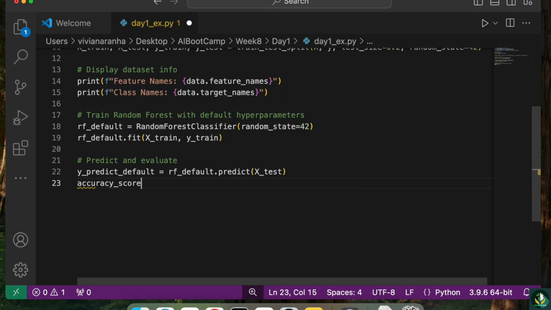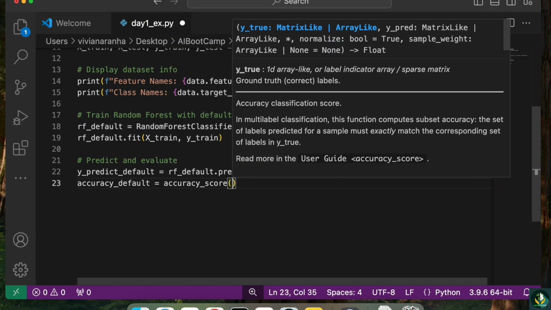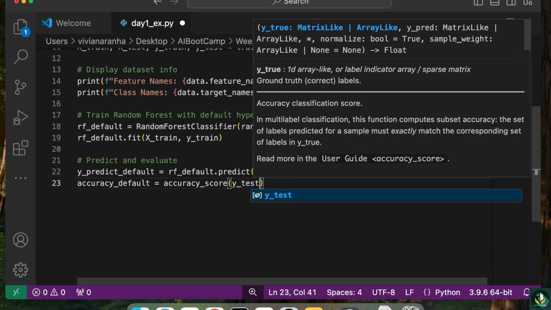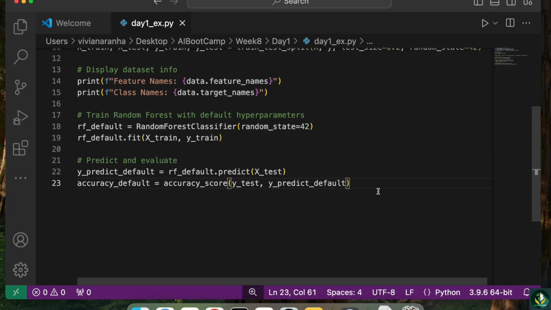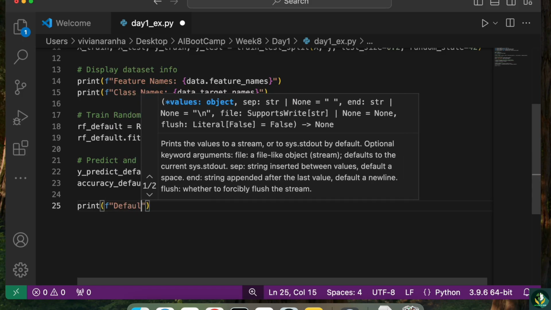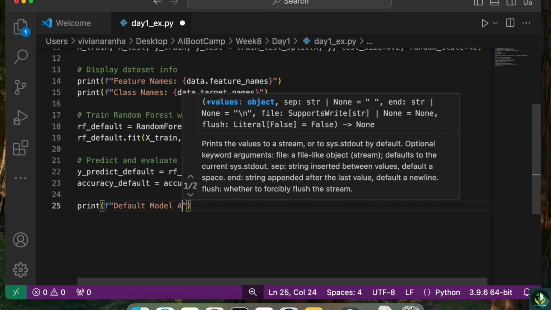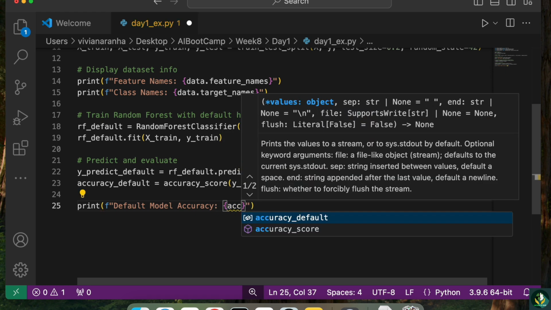Next, I'll say accuracy_default equal to accuracy_score and pass it y_test and y_pred_default. So we have our things here. Now let's go ahead and print them. Say print default model accuracy is accuracy_default